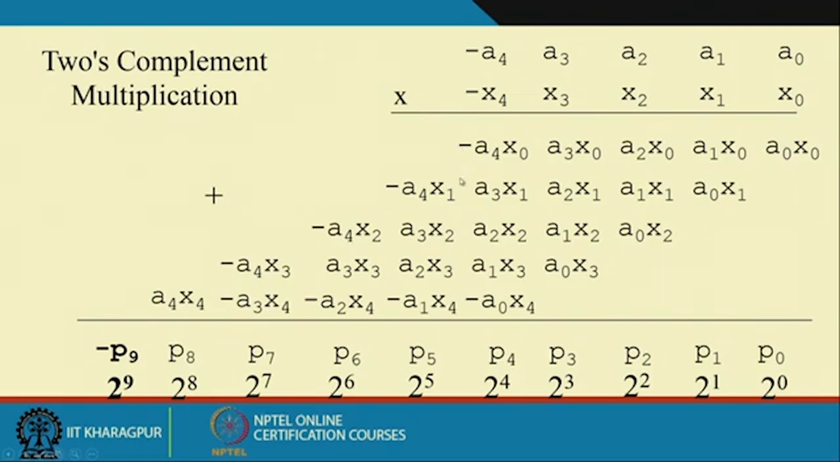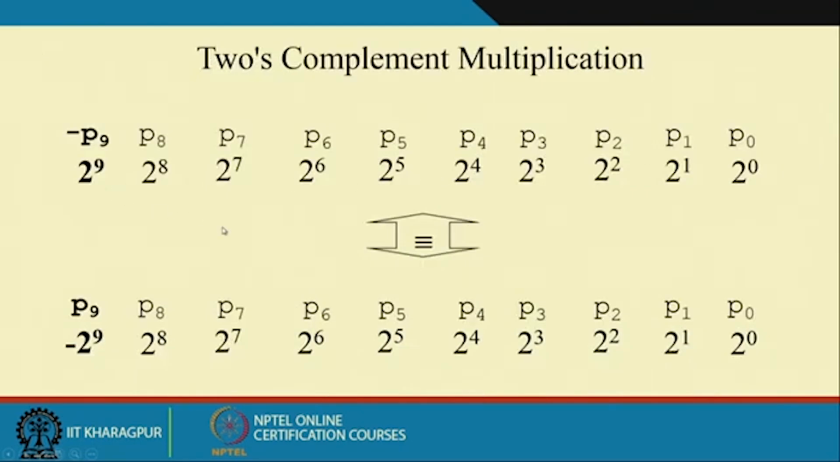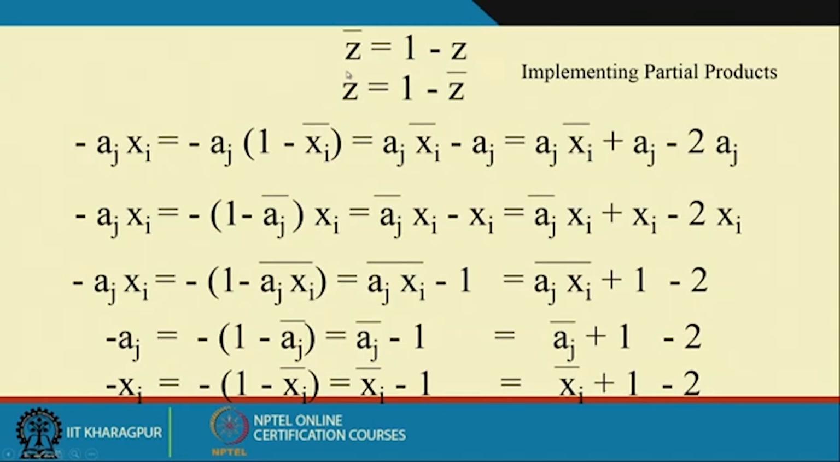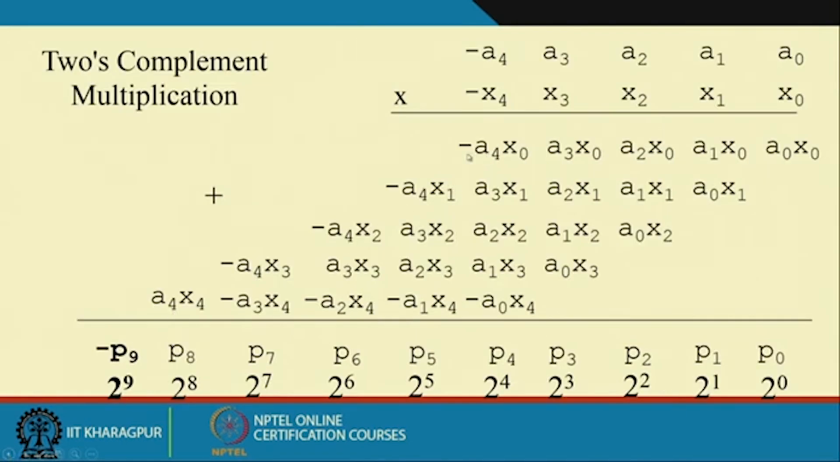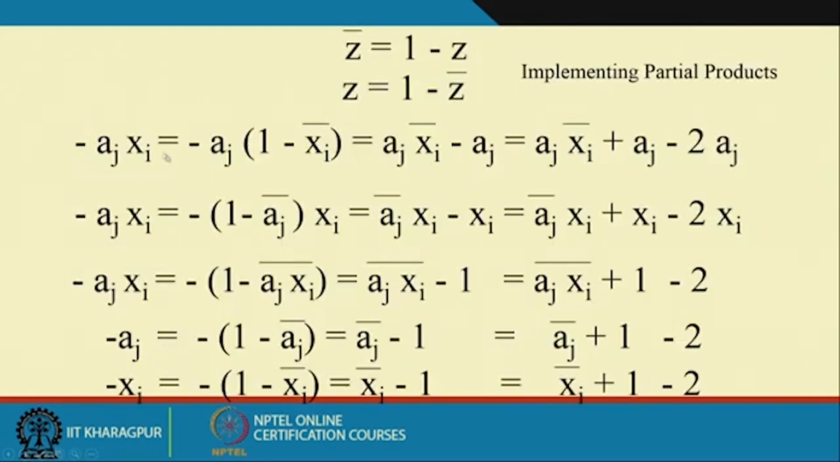Okay. So, what is the technique to represent this particular bit? If we follow Boolean algebra, I can write z bar equals 1 minus z, or z equals 1 minus z bar. Now, for this particular case, whenever I am getting minus a4 x0,